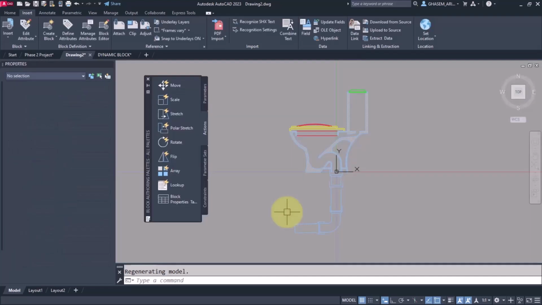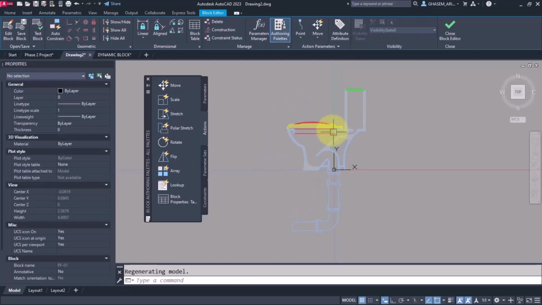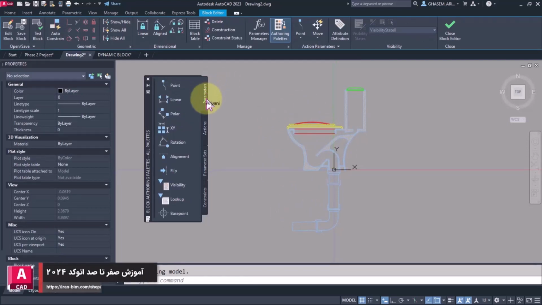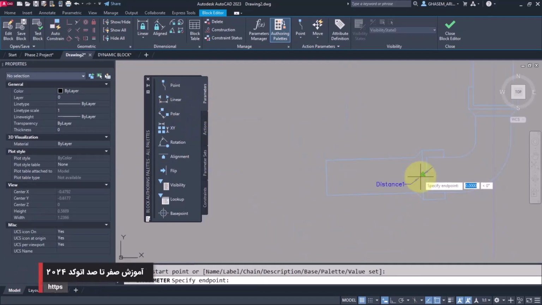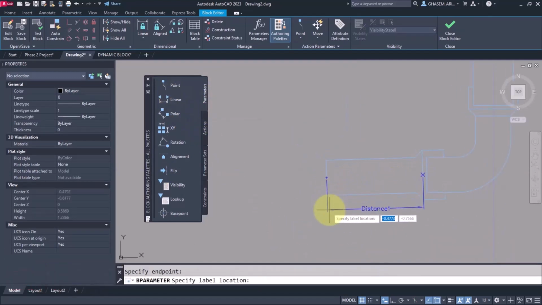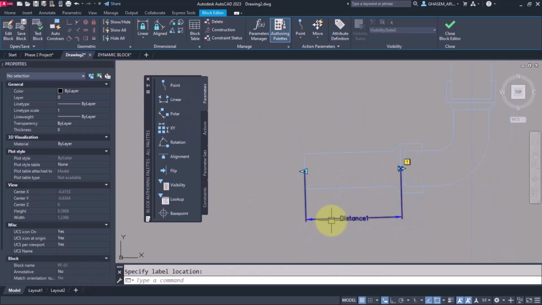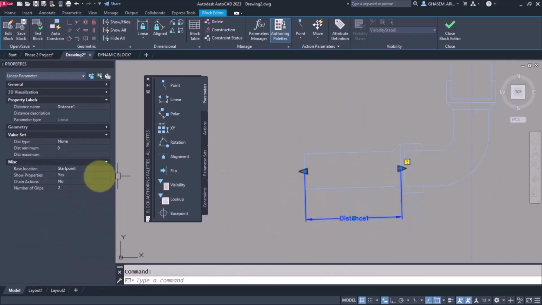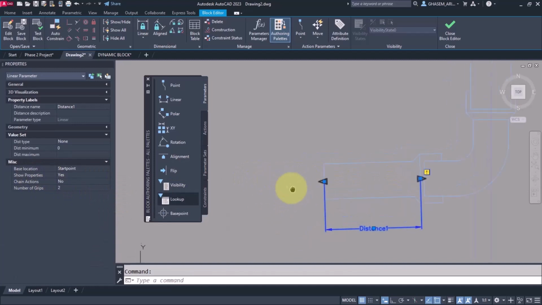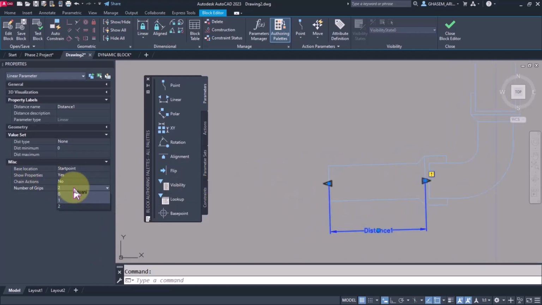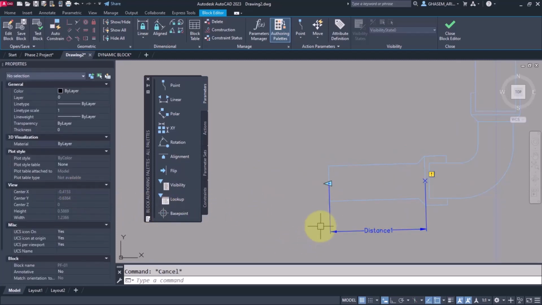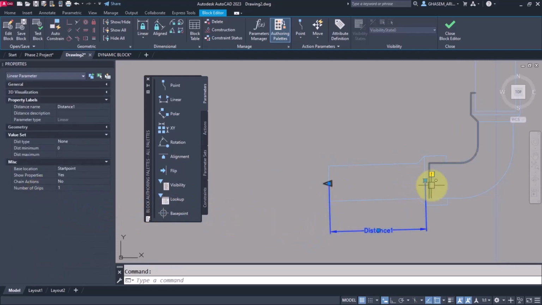The unit must be meters. Okay, and we now go to the block editor, and I select linear from the parameter, and now from here to this point. Now we made a distance. Now I select the grid numbers as 2. I want to change the left parts. I can come here and put it on one segment or one grip here,